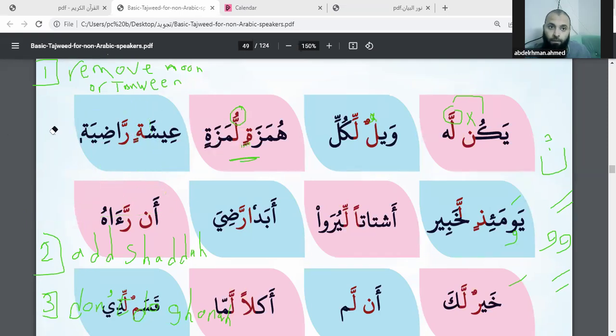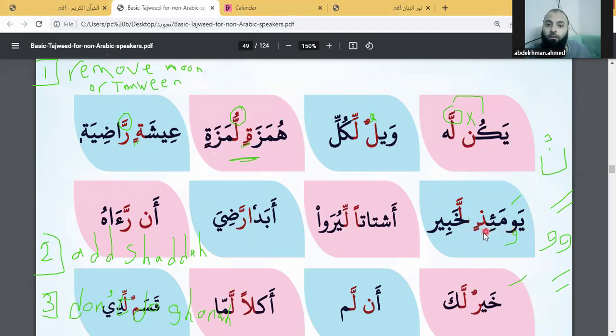Here, you have tanween kasra followed by ra. Ra is also one of the letters of idgham without ghunnah. So we remove one kasra and add shadda. Shadda is already here. And don't do ghunnah. Aishatir radiyah. Just pronounce one kasra. Same here, tanween kasra followed by lam. Remove one kasra and add shadda. It will be